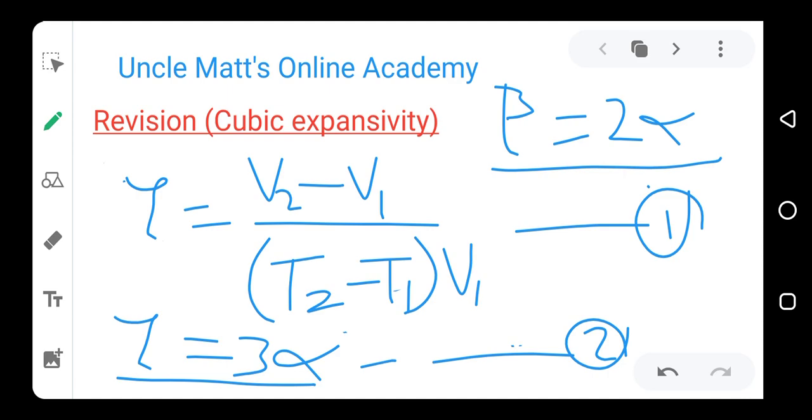What we used to say is they will give you direct linear expansivity and then ask you to calculate the cubic expansivity. But somebody can twist it and give you the area expansivity to see if you know the relationship between the area expansivity and linear expansivity, and then the cubic expansivity and linear expansivity. That is the essence of putting an equation like that. So let's go to the quiz and solve the questions we have there.